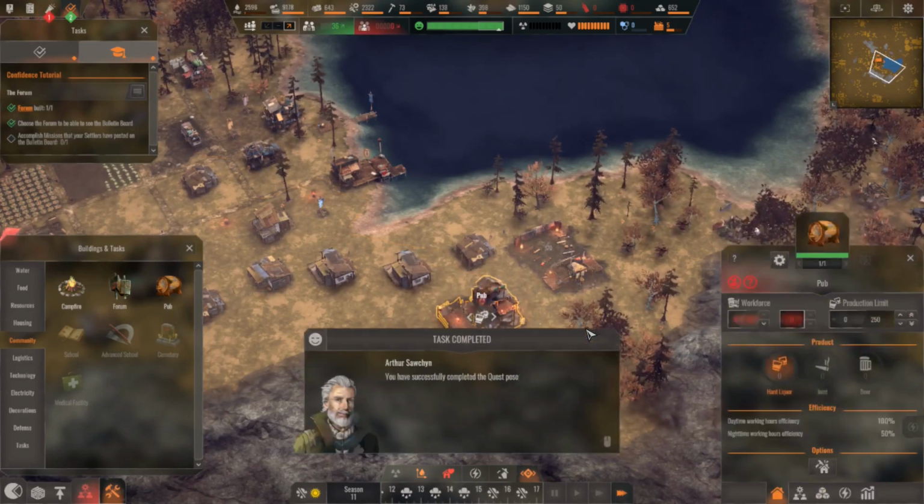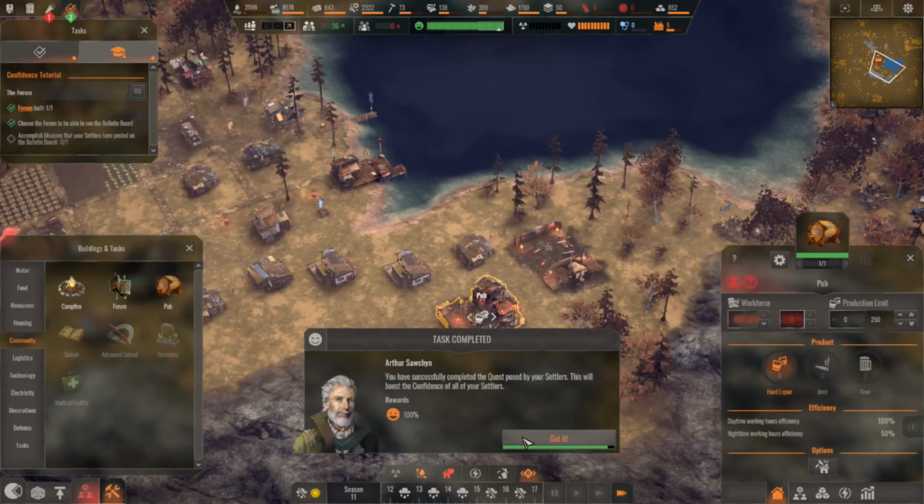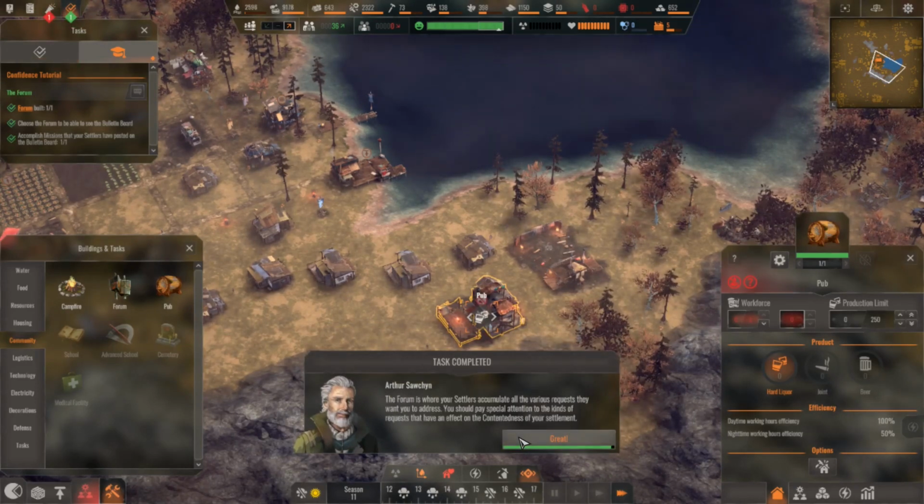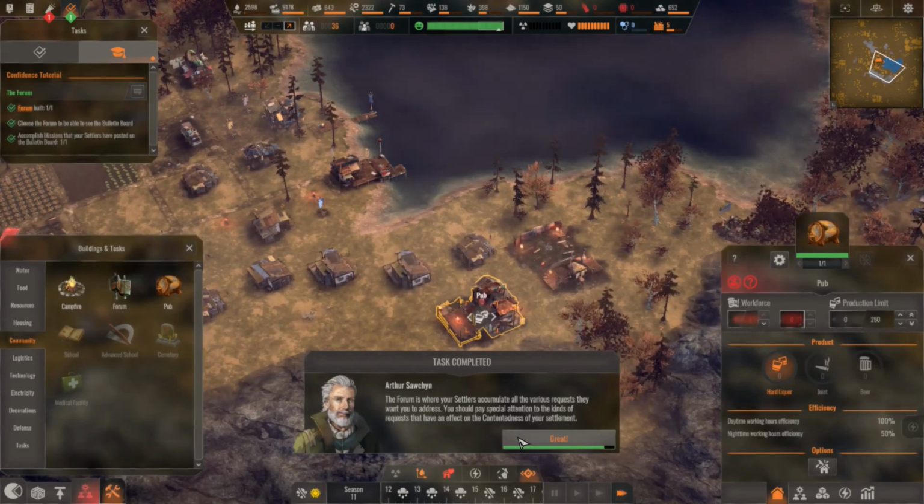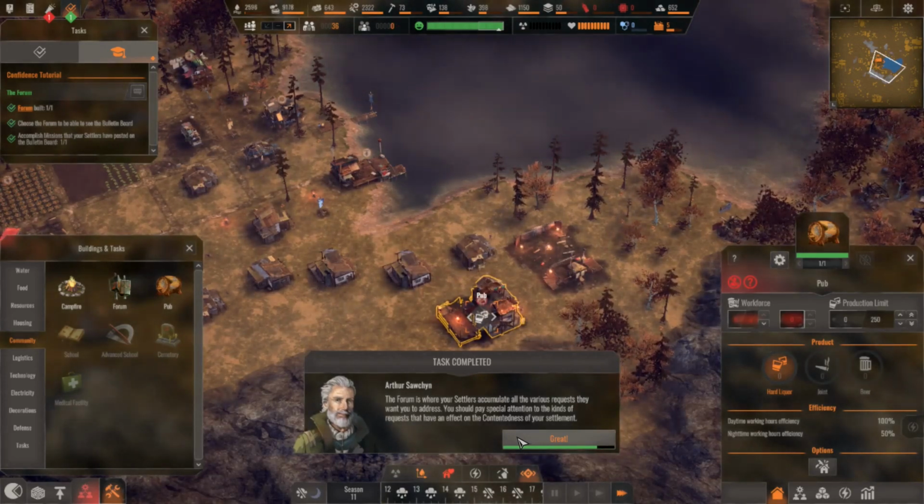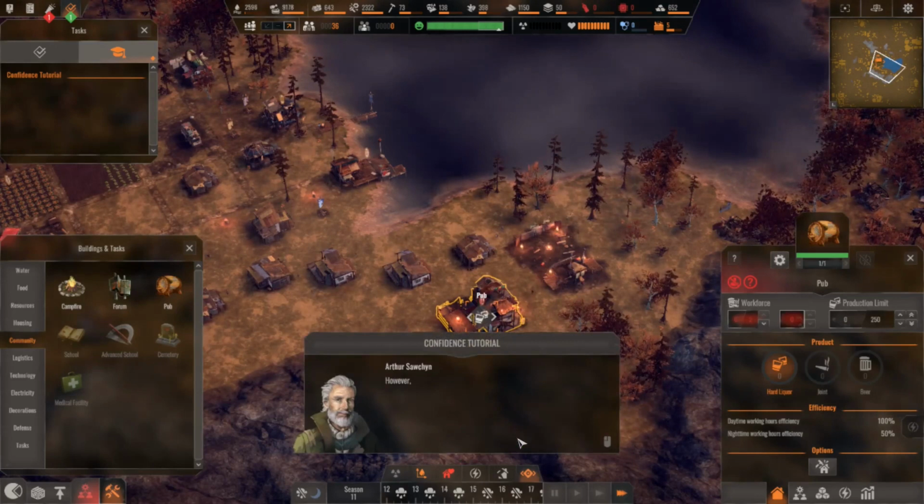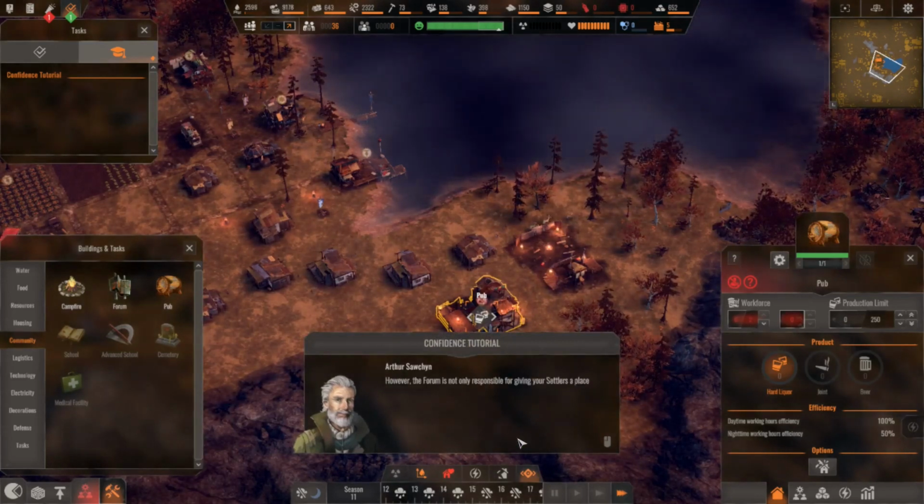You have successfully completed the quest posed by your settler. However, the forum is not